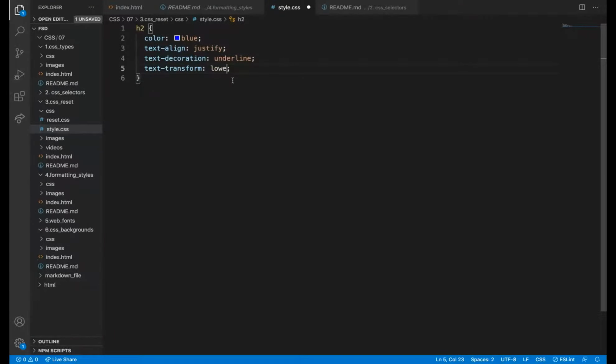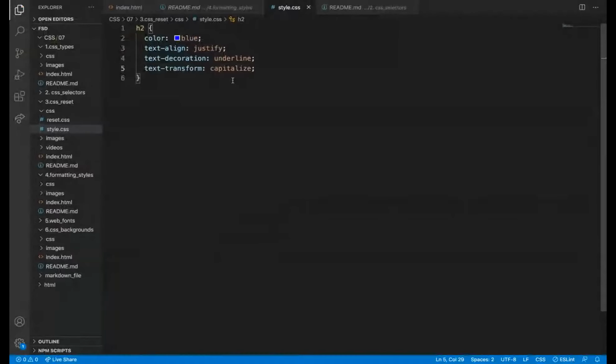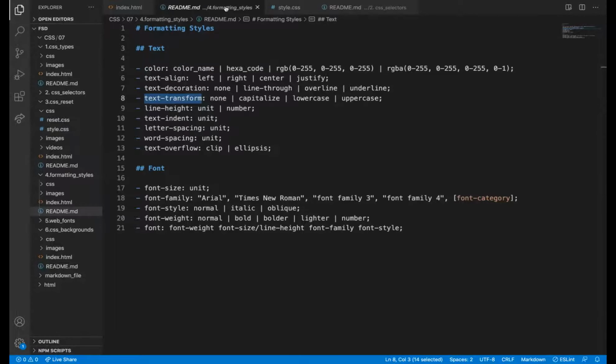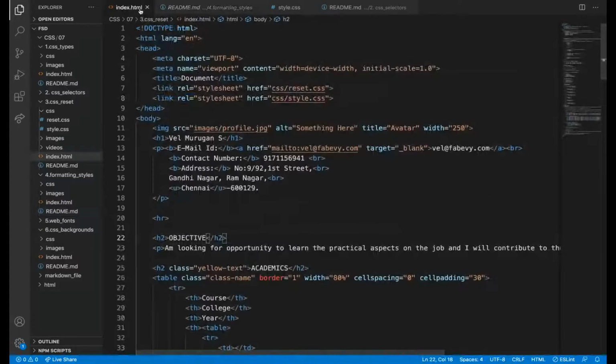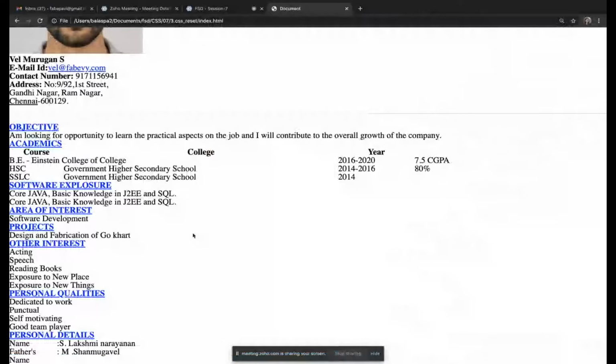So another value is also there, capitalize. What will capitalize do? No, capitalize won't do this. Why did it do this? Capitalize will change the first letter. The first letter will change to A and O and F will change.